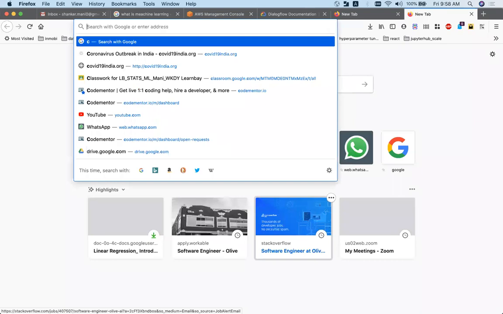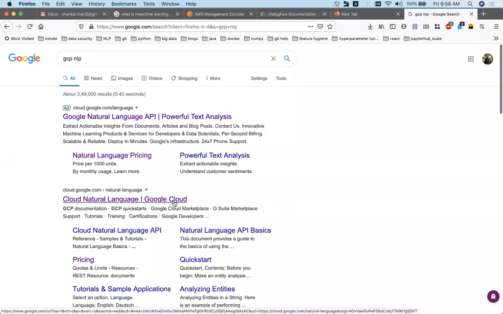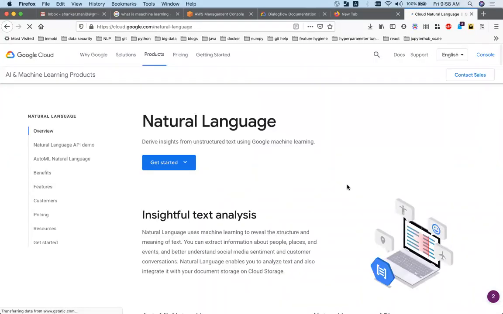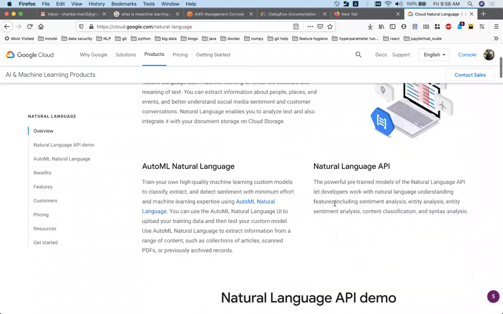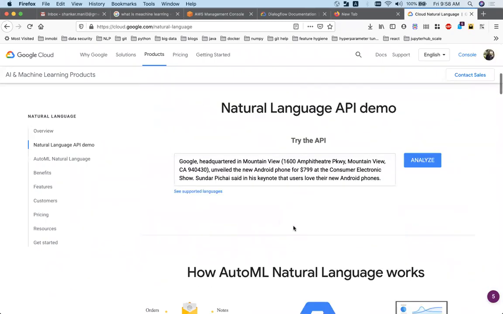So if you go to GCP and type NLP, right? There are very powerful products from Google Cloud, right? So let's say you're building a chatbot, a text analytics platform, or speech recognition. Let's say you're building anything, right? So first thing is, let's say you analyze this,